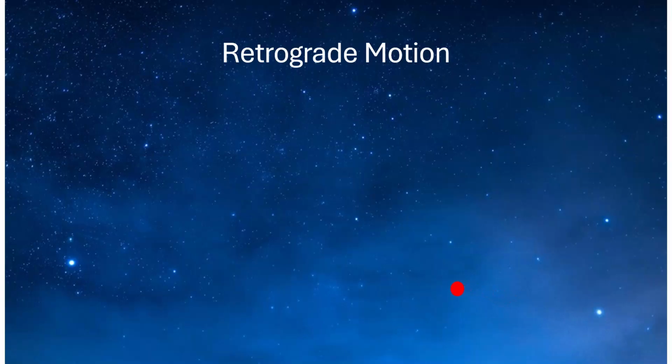Including the motion of the planets in this system introduces another complication. That is because the planets usually shift their positions in the sky to the east, but not always. As this animation shows, if we plot the location of a planet over time, we will see that occasionally it will stop shifting eastward and start shifting westward for a while before returning to the usual direction. This is known as retrograde motion.